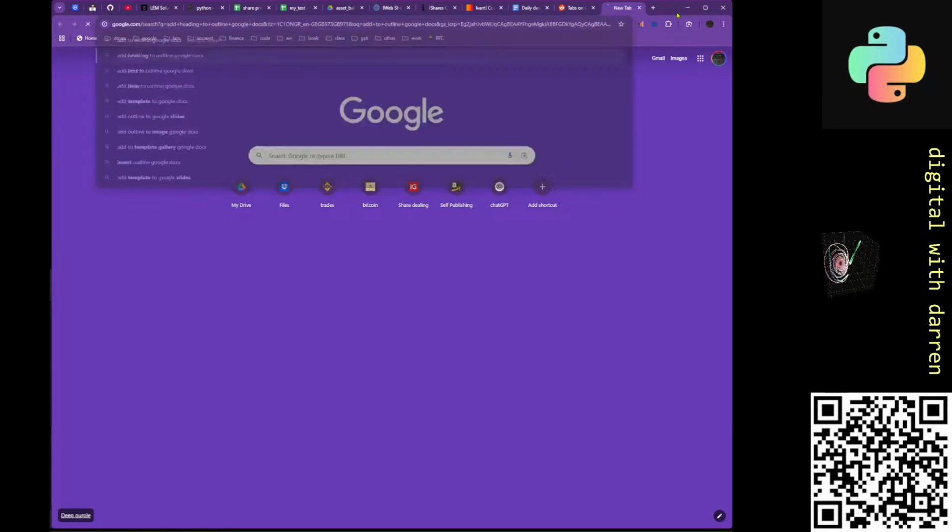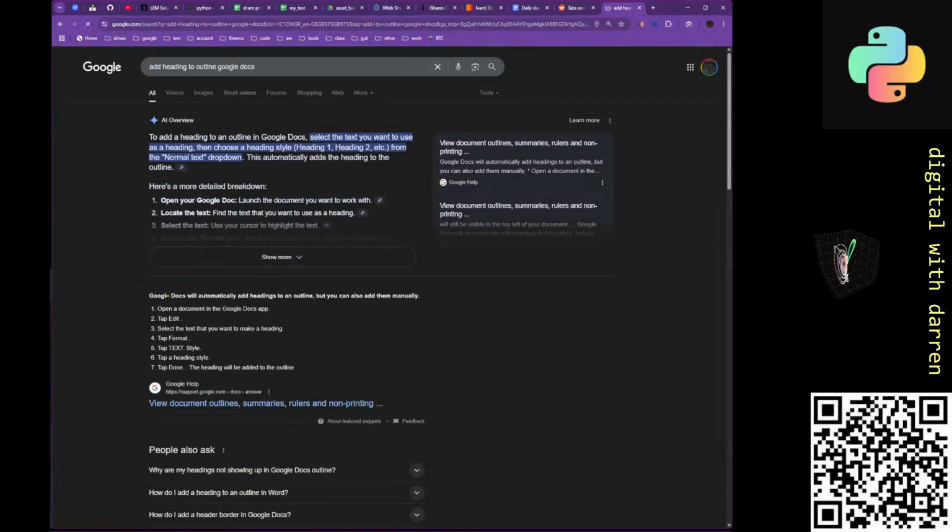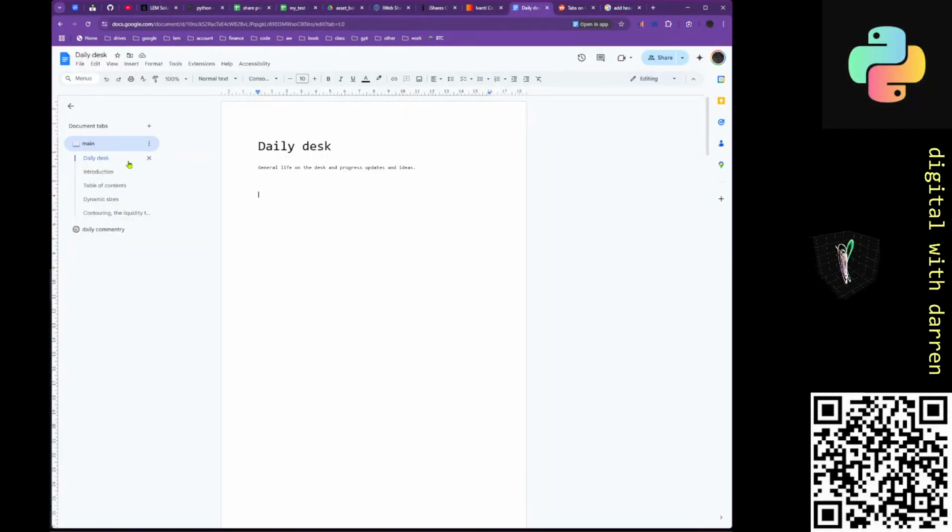So something like this. Let's have a look. Google Docs will automatically add headings to outline, but you can also add them manually. Open a document in Google Docs, tap edit, and then select the text you want to make a heading. Tap format. Okay, tap text style, tap heading style, tap done, and it will be added to the outline. Okay. So if I remove this from the outline and then go here and then go title and then